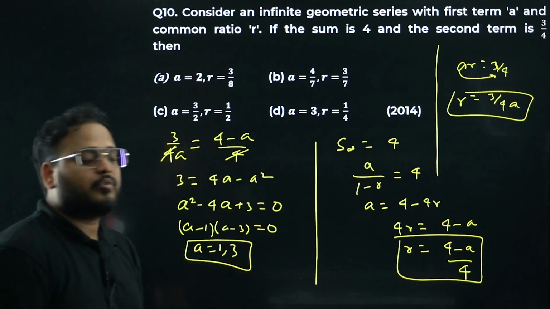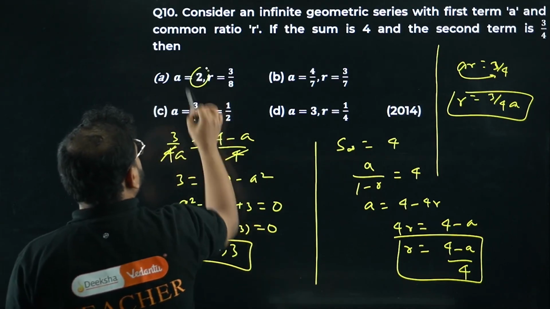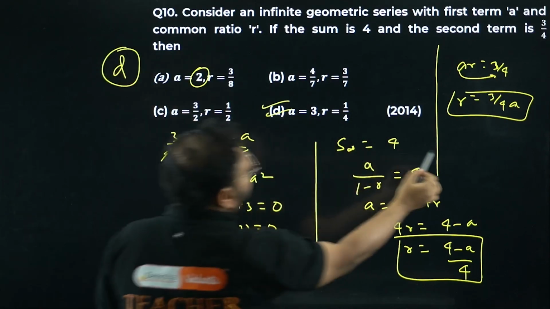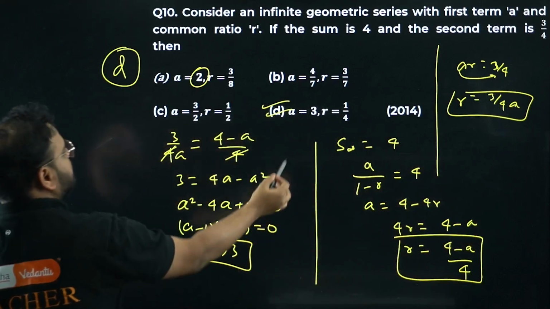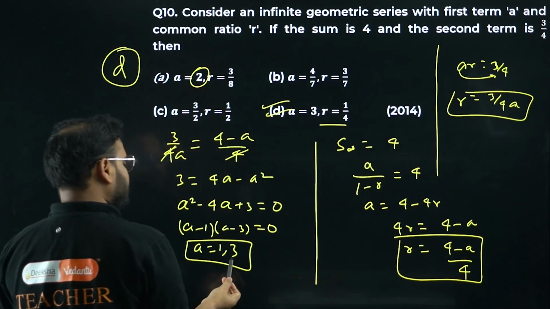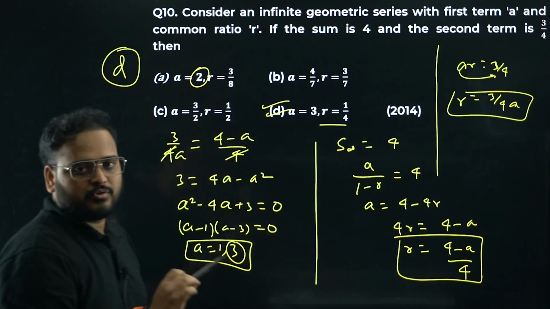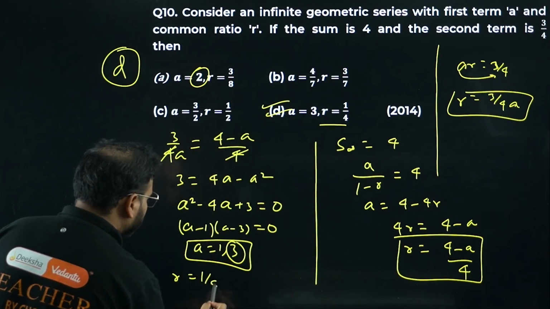A is 1 or 3. Now with this known, we check here, we don't have any option like this. Only 3 is there. Option D is correct then. If you want, you can solve it from here, not a problem. Put this A value as 3. In this condition, you get 3 by 4 into 3. So 3 and 3 cancel, you have 1 by 4 left. So your R will become actually 1 by 4 only, sir.